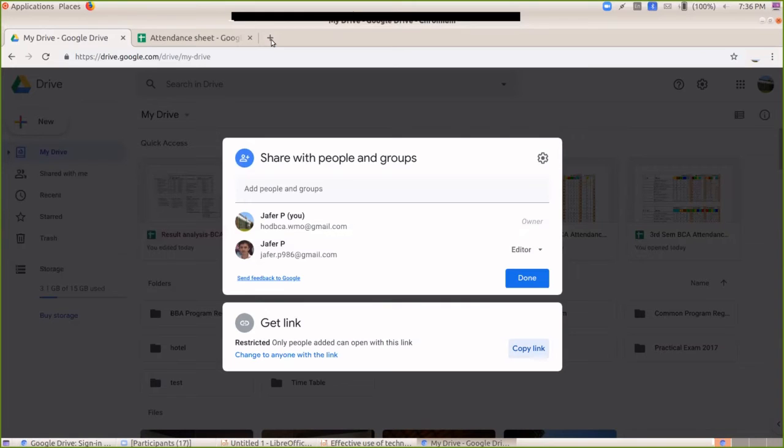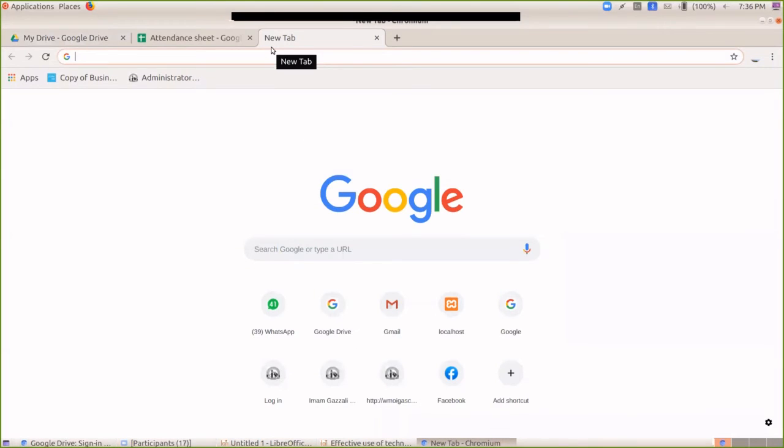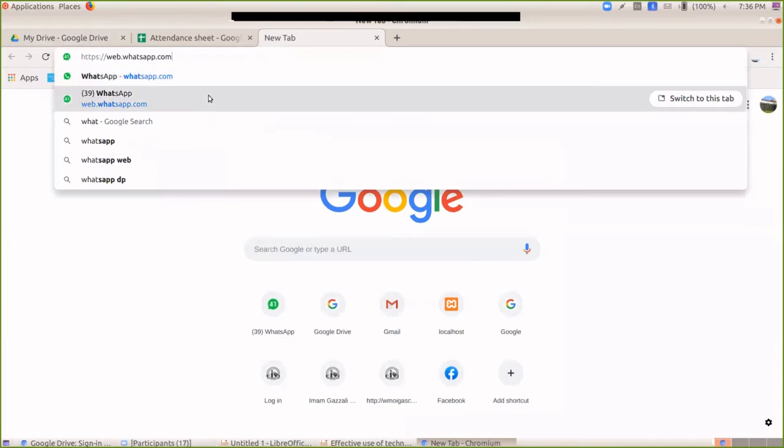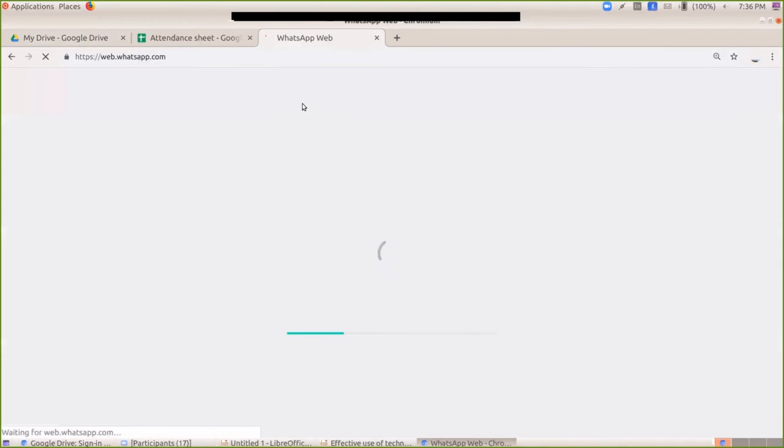So in that case, if we want to send through your WhatsApp group, you can send. You can copy the link and send it through the WhatsApp group. So I'll show you. When you open WhatsApp on your desktop, you can easily share.